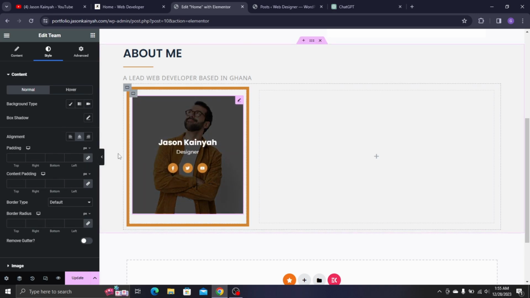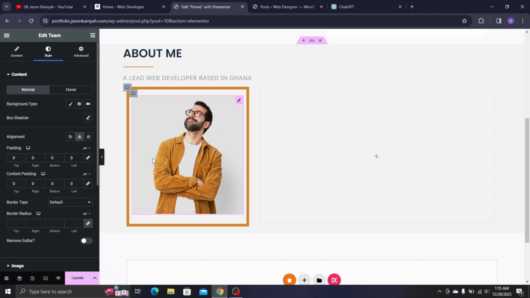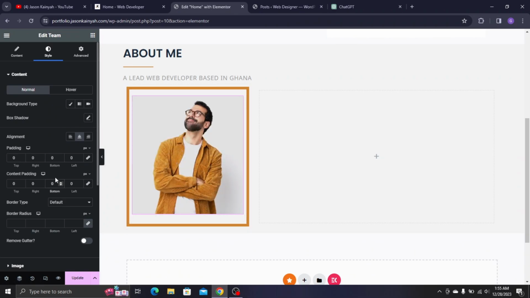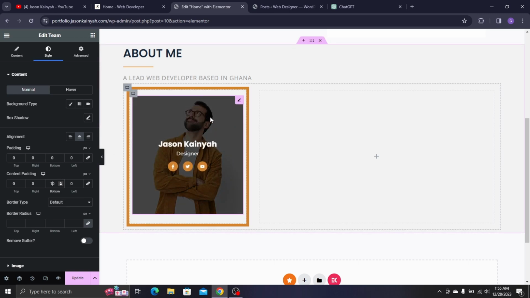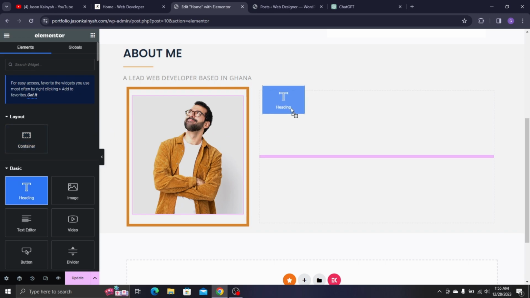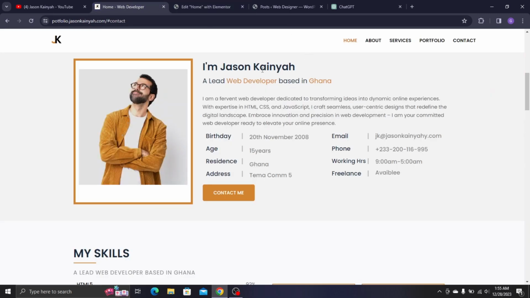But let's go to the contents first and release the paddings, and release the content padding as well so that it comes closer, and we'll give it a bottom padding of 10. Now this looks perfect. Okay, so now we'll come here and we'll drag a heading, and then I'll copy this